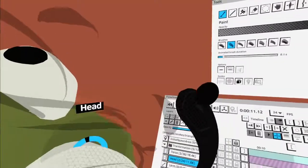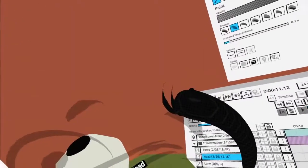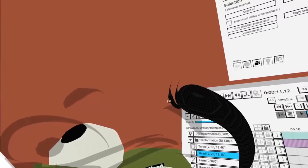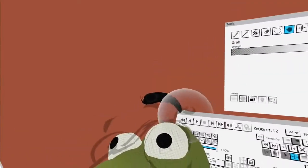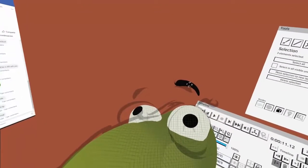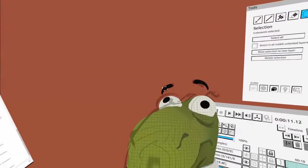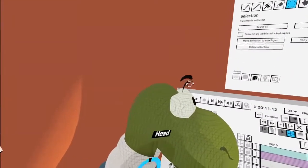Can even have a little some hair coming out. So it's not so perfect. Yeah. I think I like it better small eyebrows. Floating on top of the